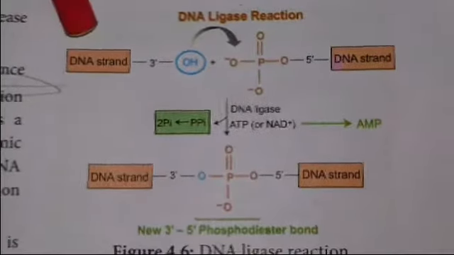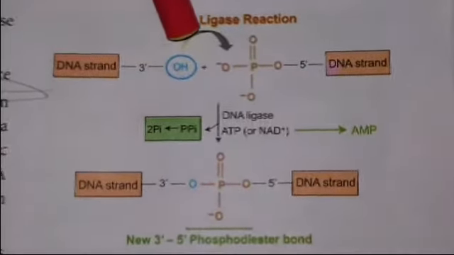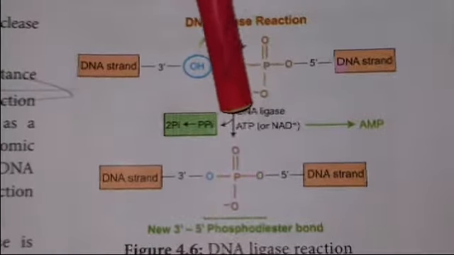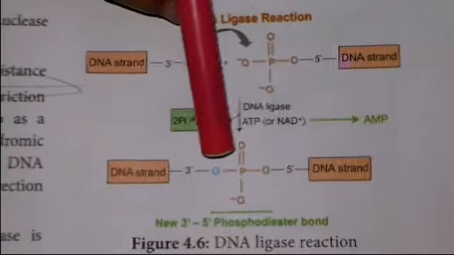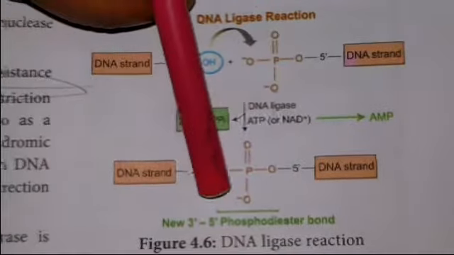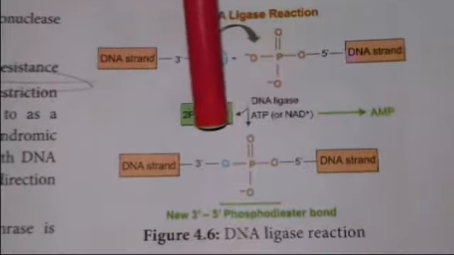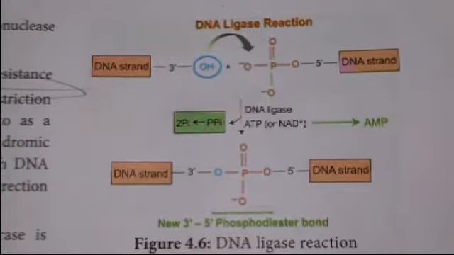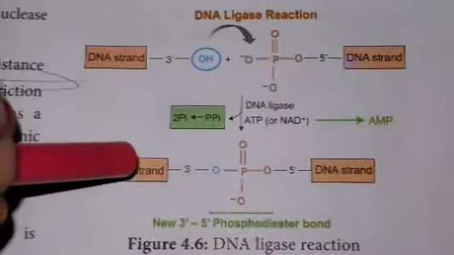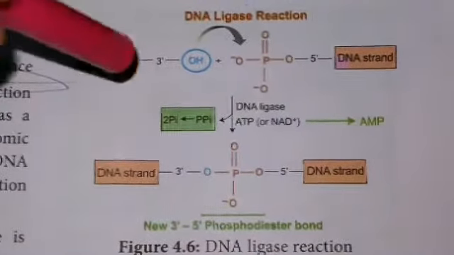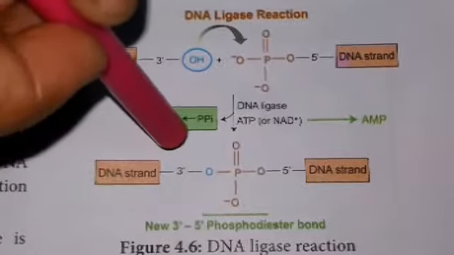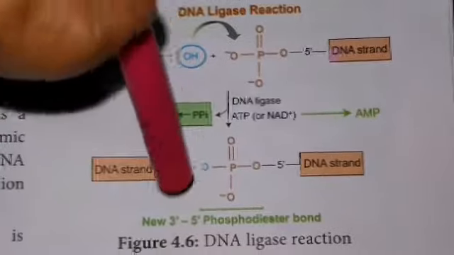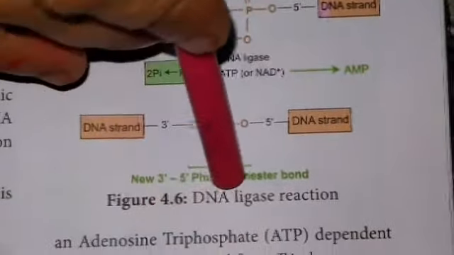DNA ligase reaction: the DNA strand with a 3' OH group plus a 5' phosphate, with the help of ATP, is joined by a new 5'-3' phosphodiester bond. It joins the cut ends or sticky ends of the DNA molecules, the sticky ends of the donor DNA and the recipient DNA. For the formation of recombinant DNA, DNA ligase is used as a pasting enzyme.